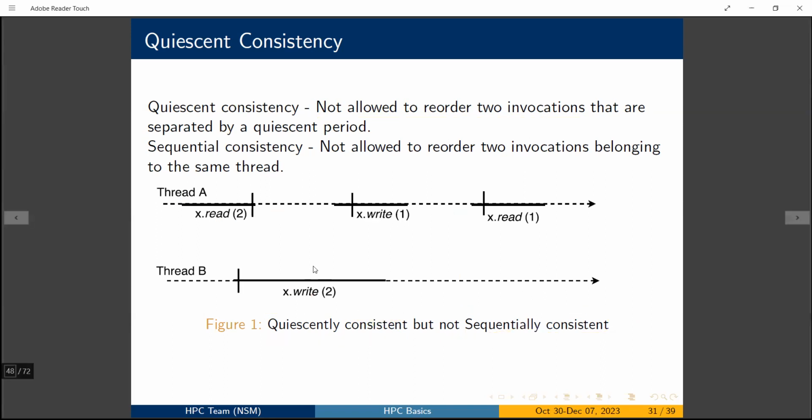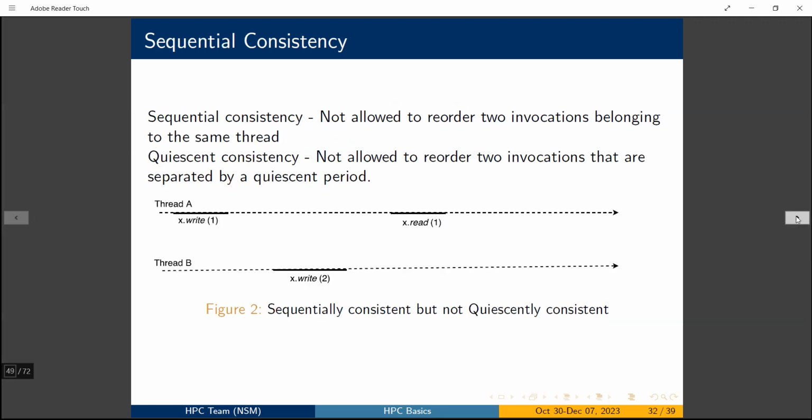Next, I would like to give one more example here. When you look at this particular example, this is sequentially consistent, but not quiescently consistent. How? This particular example is sequentially consistent, but not quiescently consistent. How? Suppose in the period where X dot write 1 has